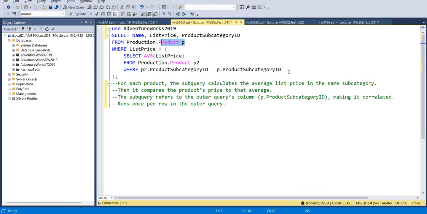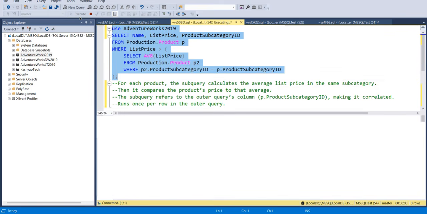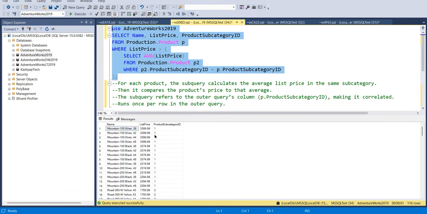So first of all this query will execute, but the inner query depends on the outer query's table columns as well. So first it gets calculated and gives the data, then it gets executed. Let's execute this query and see what the data is. See, this is the output. So it's extracting the data on the basis of the inner query, which is referring to the outer query's column, comparing the column.